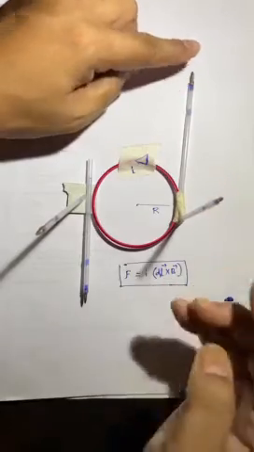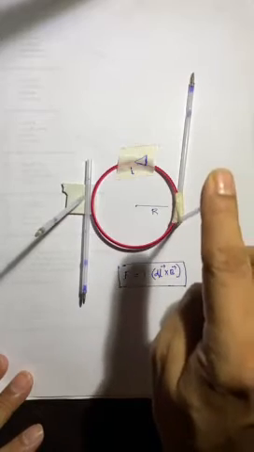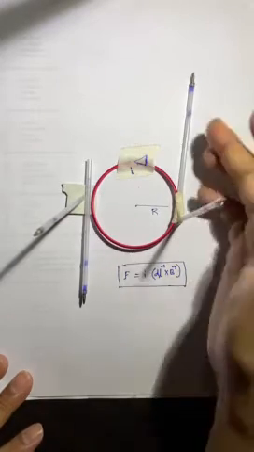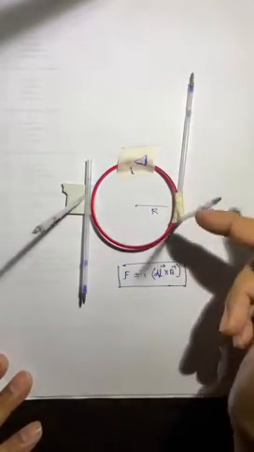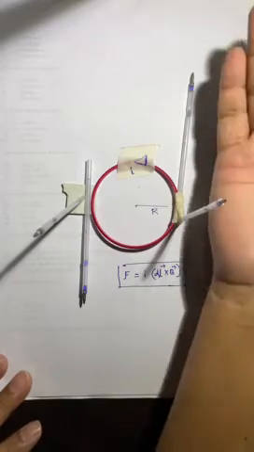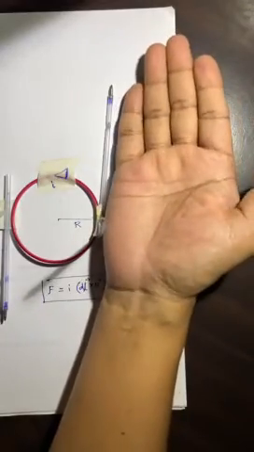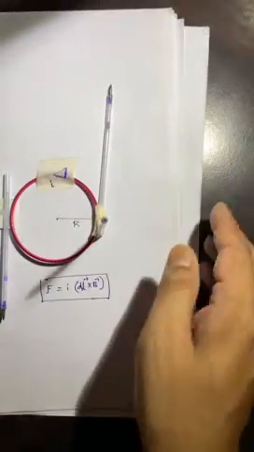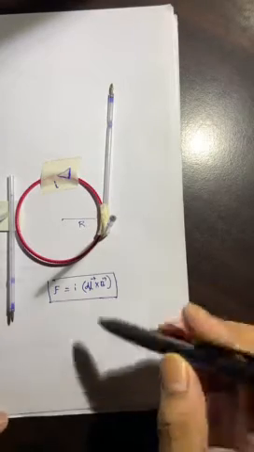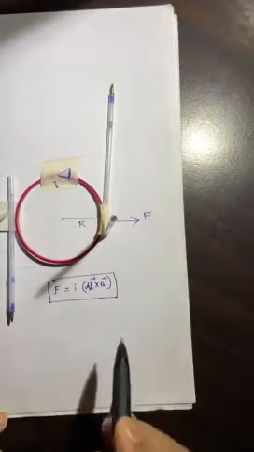If you draw a tangent, then it is a cross product of these two vectors. The magnetic field direction is perpendicular to the plane, and this is the tangent. These are the two vectors, and if we do a cross product using the right hand thumb rule, if we rotate our fingers like this, the direction of the thumb will be the direction of the resultant force. So here the direction of the force will be outward.